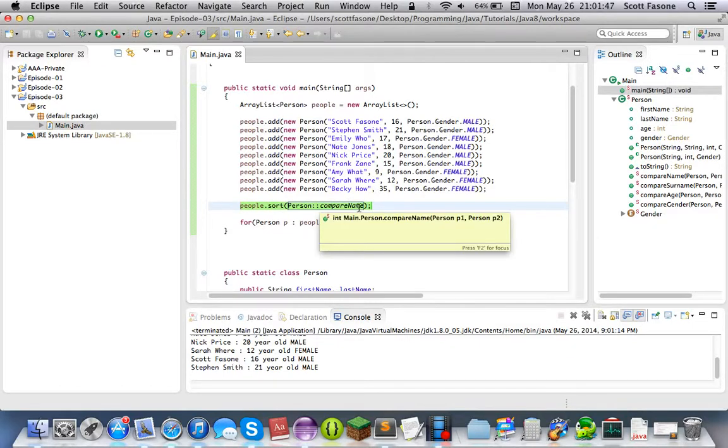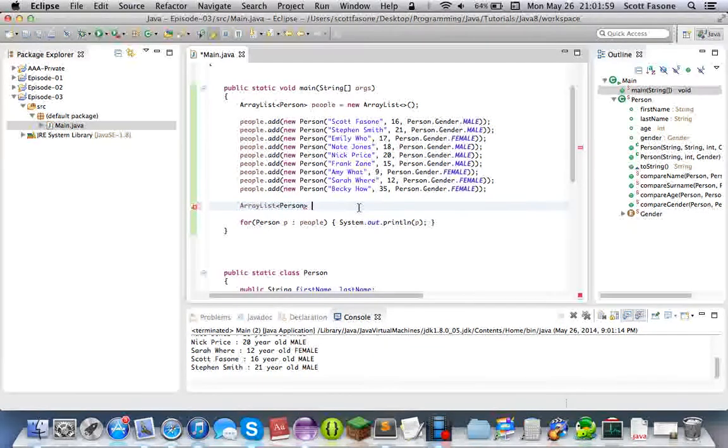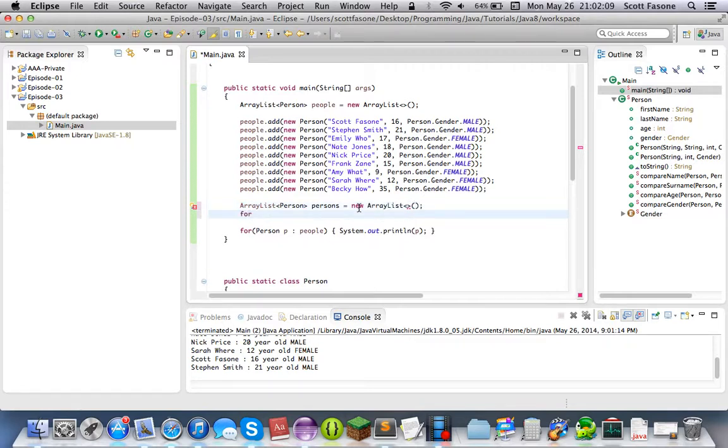If we want to do it the long way, we'll create a new ArrayList for this, say for Person p in people,